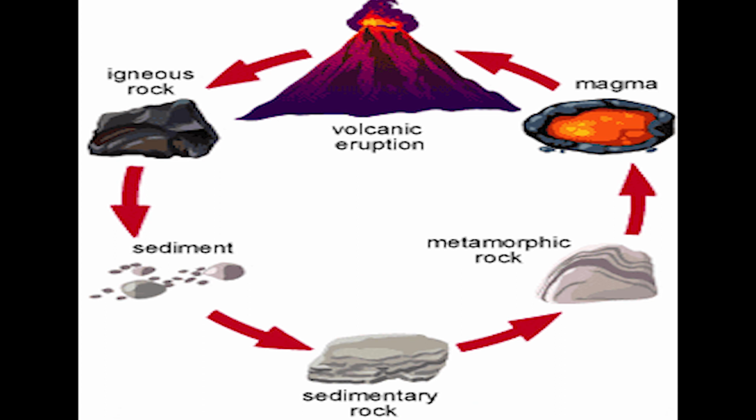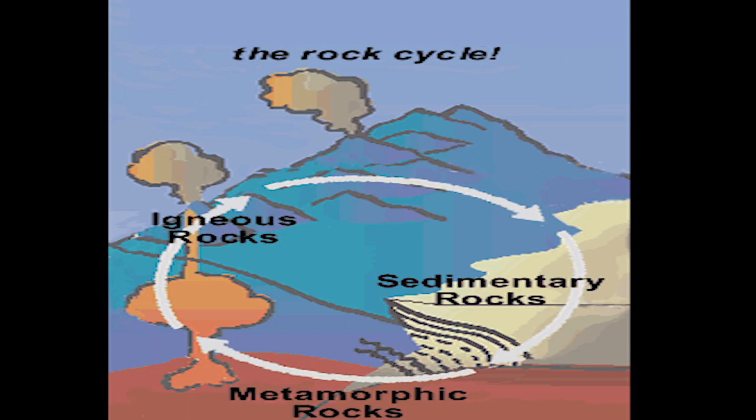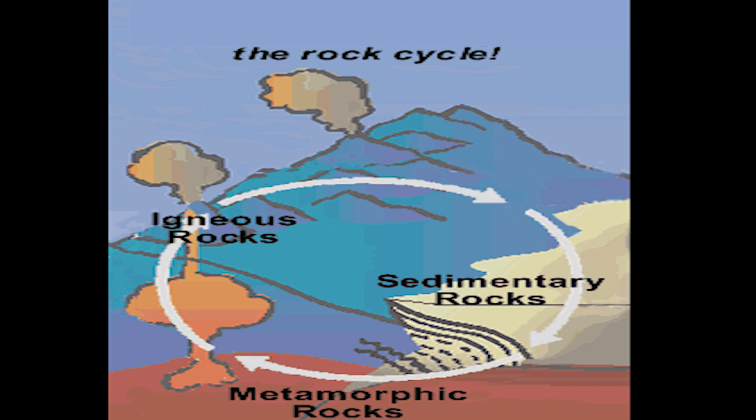These metamorphic rocks under heat and pressure break down and form hot magma. This hot magma then again cools down and forms igneous rocks. This rock cycle occurs because the weather and other natural forces react with minerals above and below the Earth's surface. The cycle never stops and it ensures that the planet never runs out of rocks.